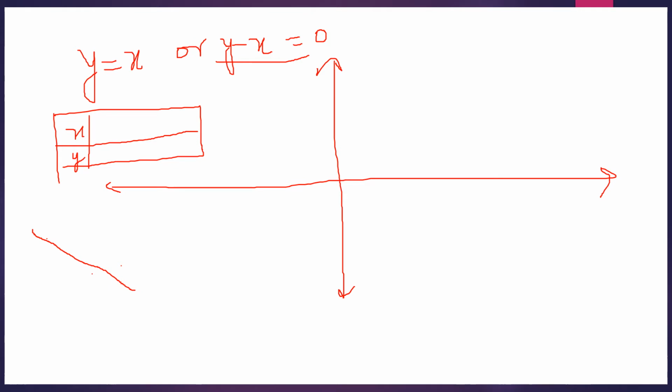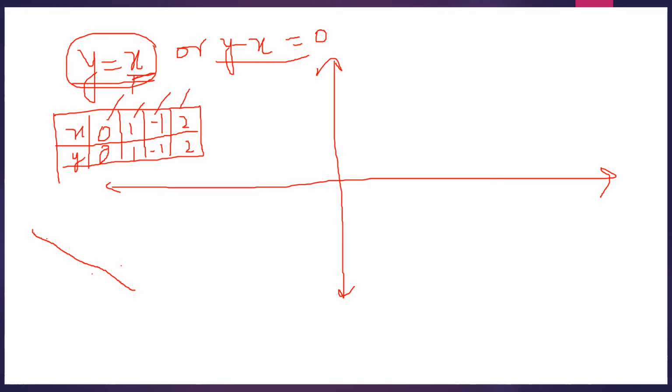So in this case, suppose I want to plot this on this coordinate axis. What will I do? I will assume one value and find the other for it. Suppose in this equation I take x as 0. If x is 0, then y is also 0. If x is 1, then y becomes 1. If x is minus 1, y also becomes minus 1. If x is 2, y also becomes 2. So what I have done is I have found 4 points on the given line.